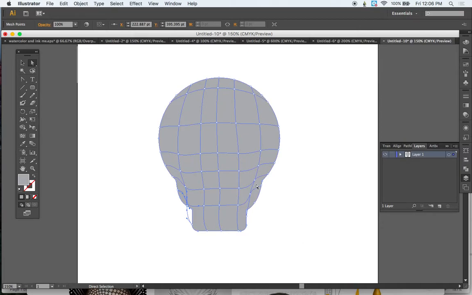So mesh is great for shading because it will set these individual anchor points to a certain color, and then let's say this edge on this side is going to be darker. This darker edge will then wrap into my shape and it will blend with the current color that my shape is. So let's go ahead and show what that looks like. If I hold down the Shift key and I select all of these individual anchor points,